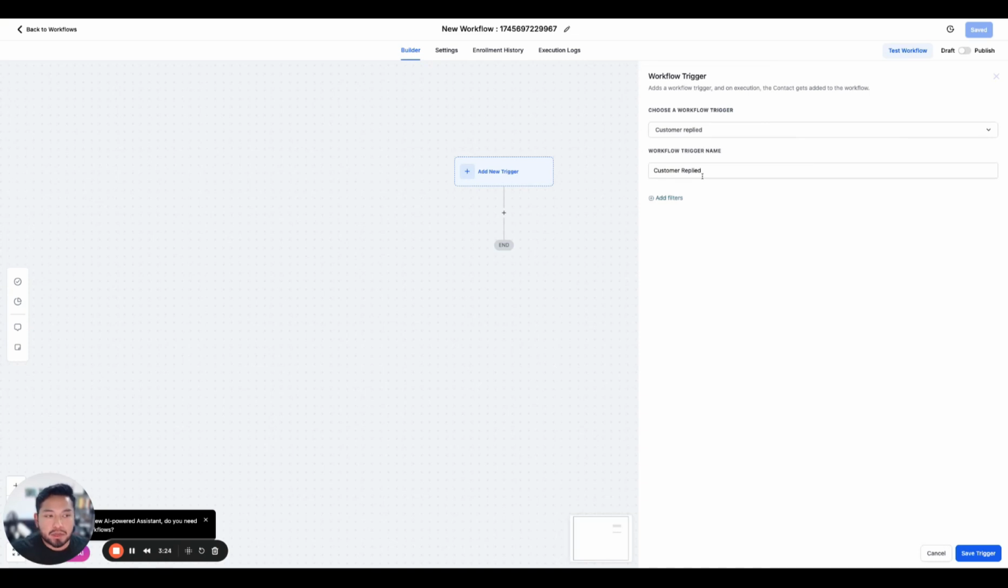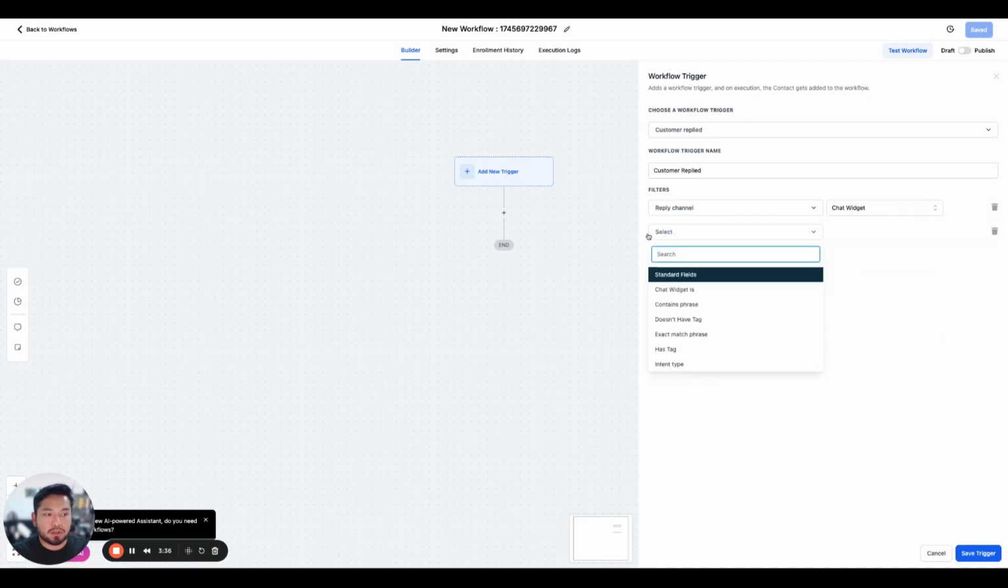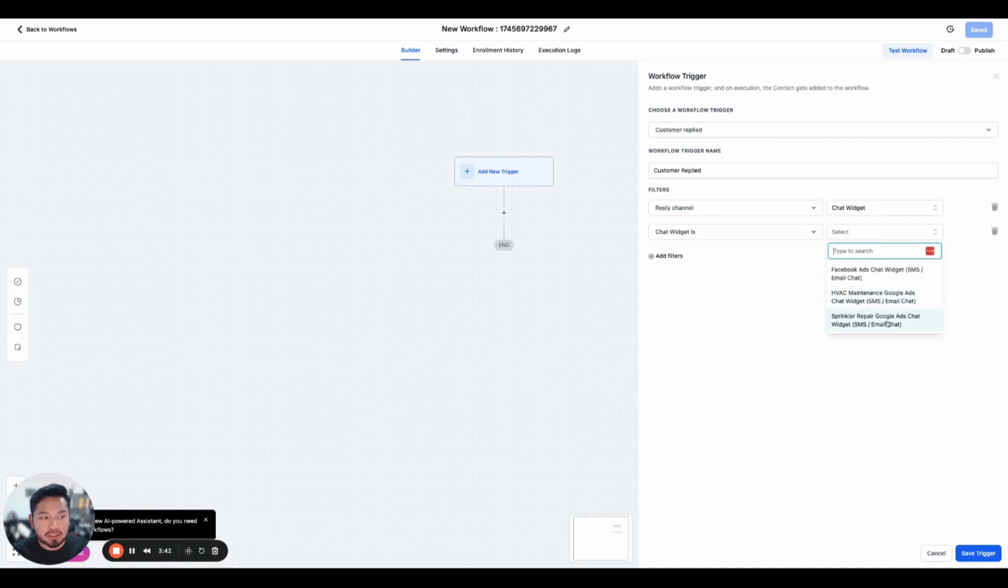And what you're going to do from here is click add filter. If you scroll down a little bit, it says reply channel. You're going to select chat widget. And then we're going to add one more filter. You're going to select, and then scroll down, or no, the first one is called chat widget is. And this is where you're going to select